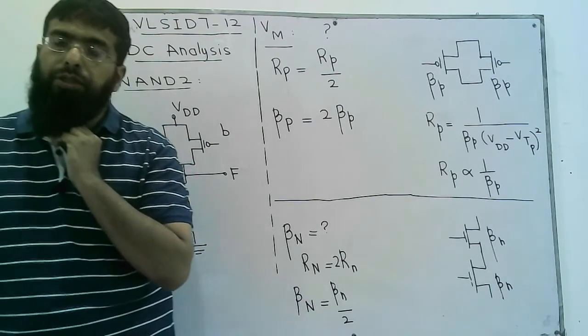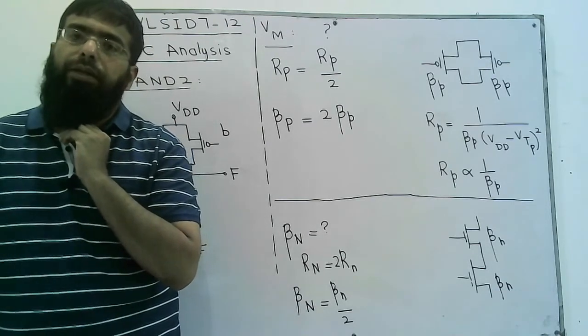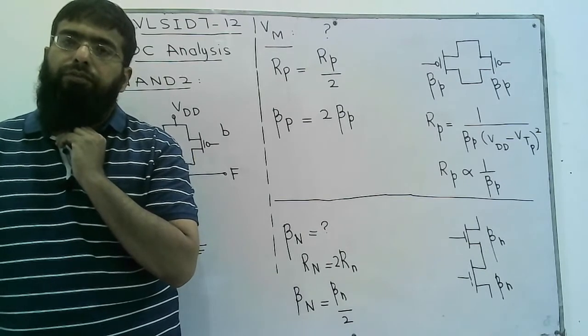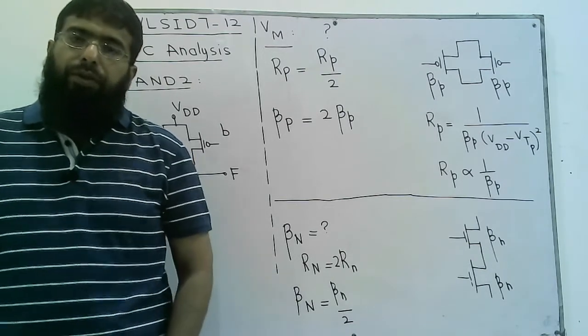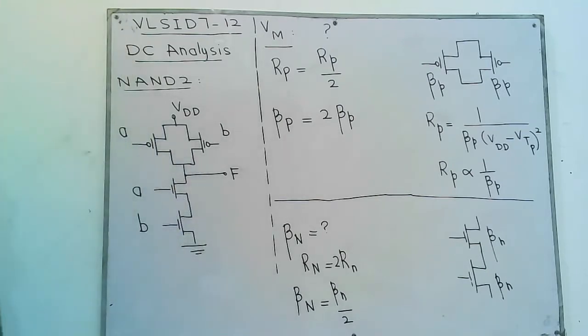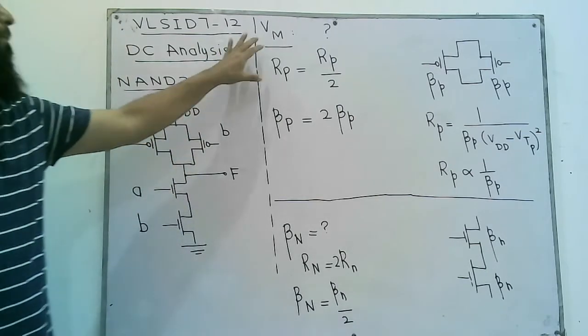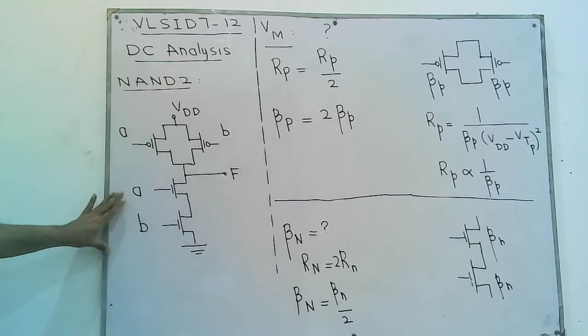We also studied finding a numerical expression for Vm, the middle voltage for which Vin is equal to Vout. In this lecture we'll numerically find Vm for this NAND2 circuit that we implemented last time, starting from a